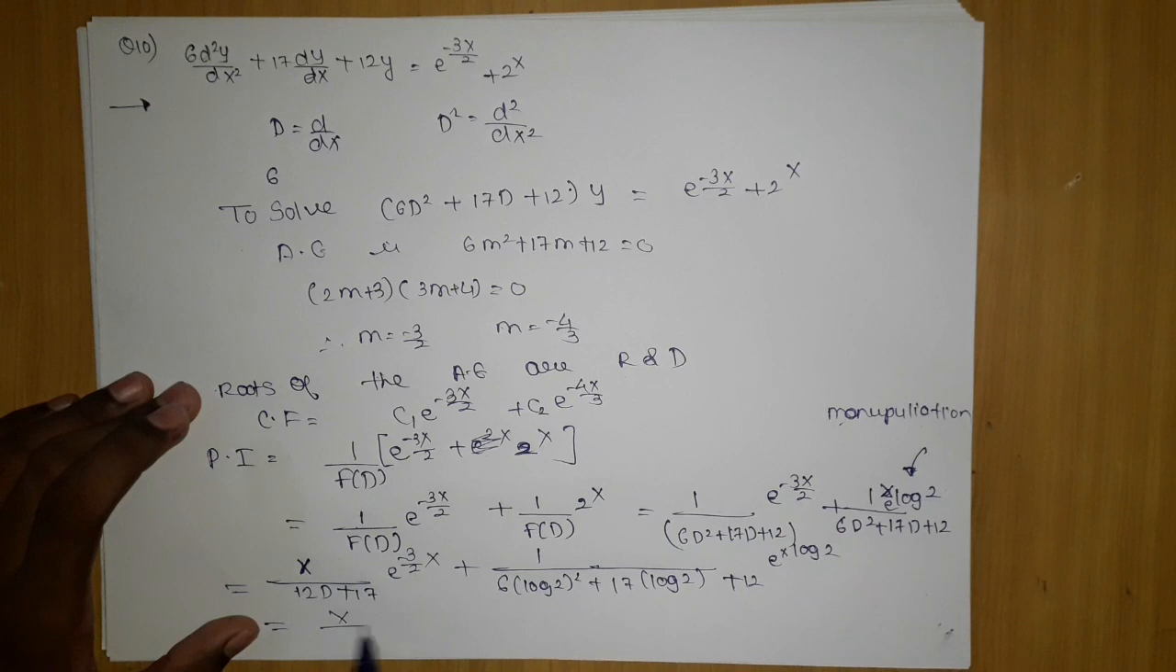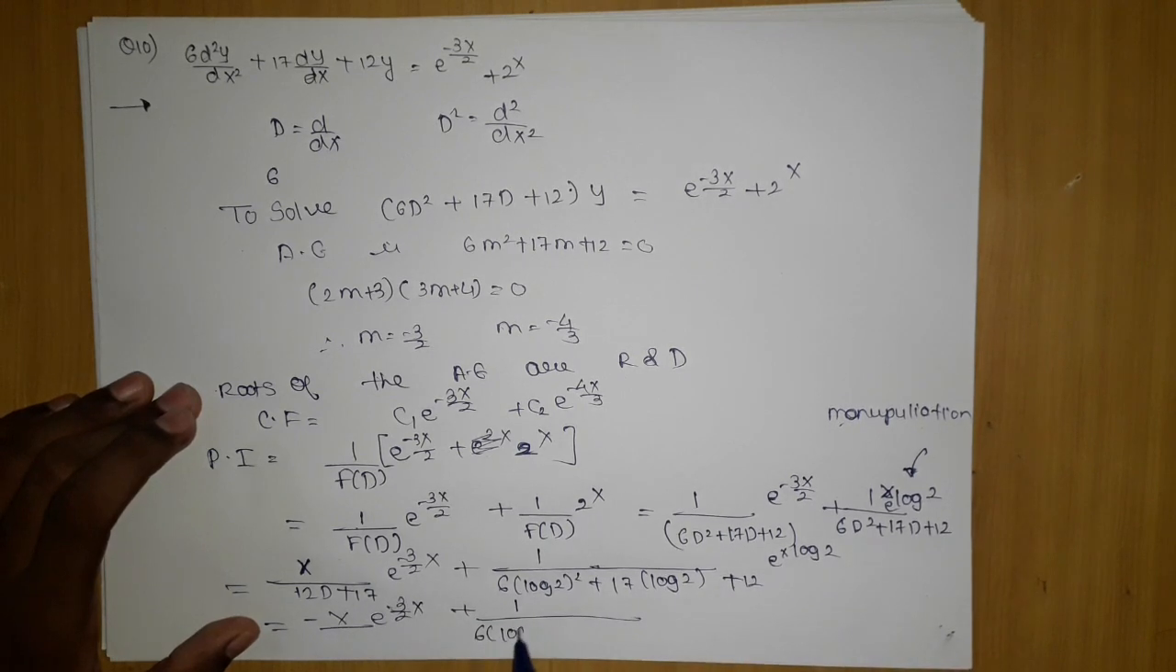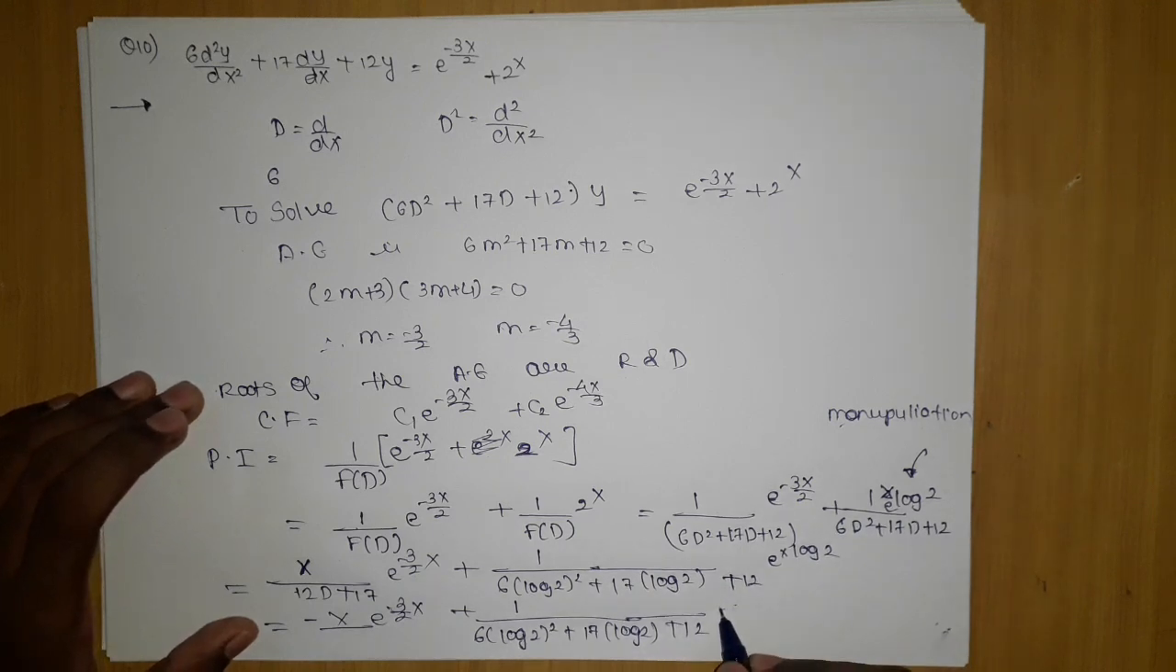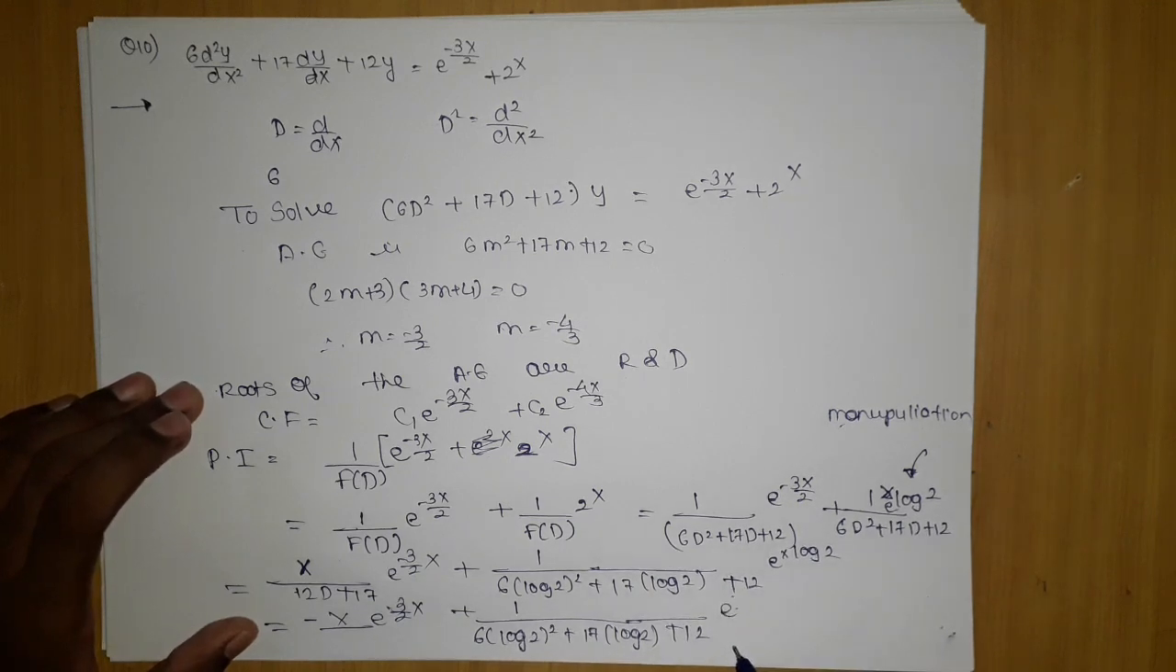Further on, if we substitute here, we are going to have 12 minus 3 by 2, which will be 6, into 3 minus 3, which will be nothing but 6 into 3, 18, minus 18 plus 17, which will be minus 1. So minus x e to the power minus 3 by 2x. Further on, this will be as it is 6 log 2 to the power 2, 17 log 2 and plus 12. And further here it will be e to the power,